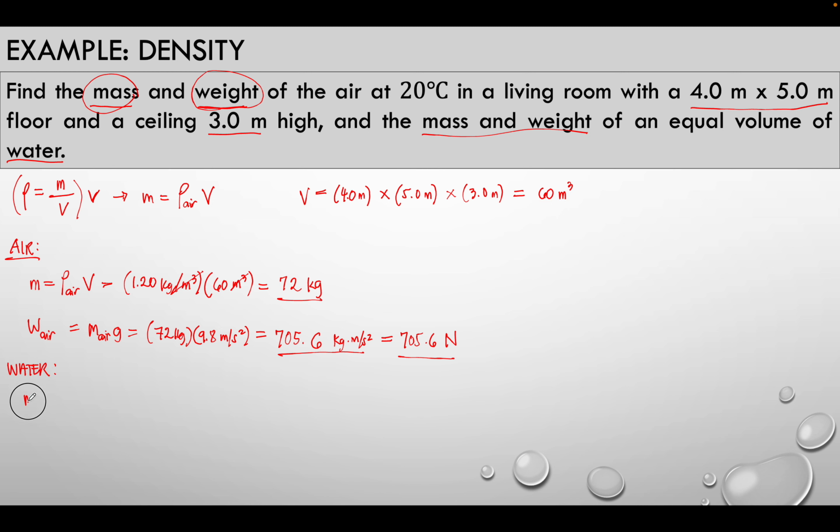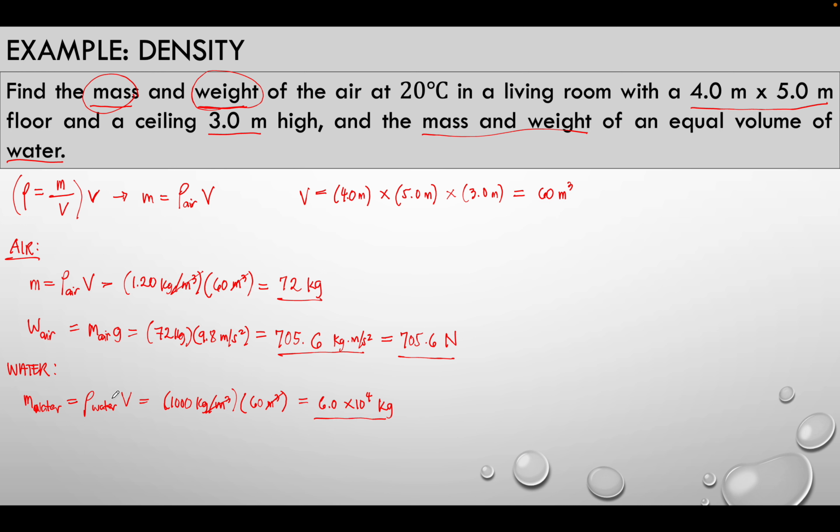Okay, so to solve for the mass of the water, again, the same procedure using the equation for density. We have the density of water times the volume. The density of water is equal to 1,000 kilogram per cubic meter. And then, again, the volume is still equal to 60 cubic meters. So 1,000 times 60, again the 1 over cubic meter and the cubic meter cancel out. So we are left with kilograms. So 1,000 times 60, we have 6 times 10 to the power of 4 kilograms. So this is the mass of the water